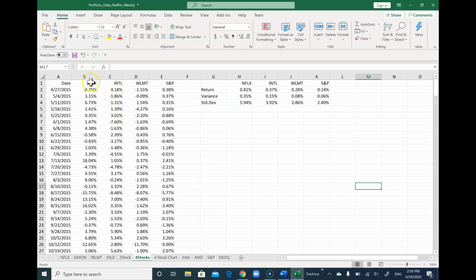So here you can see 4 stocks here, Netflix, Intel, Walmart, and to make things a little bit more interesting, S&P 500. So assuming that you get a share of SPY index fund. Then this data is just like the second video. This data is a weekly data, and what you see is a weekly return from each asset from 2015 to today. And I calculated the average return, so you can see the average function here,